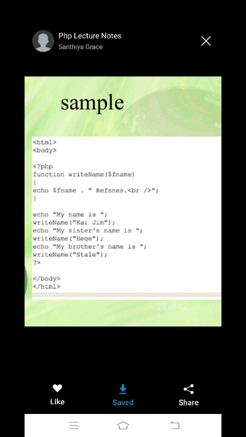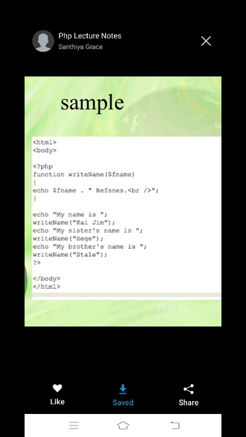After that block we are calling it. See, first echo "My name is", so you will get "My name is". Next, writeName("Kai Jim"). So writeName is the function, and the value Kai Jim is assigned to $fname. Immediately after echo "My name is", you call the writeName function.